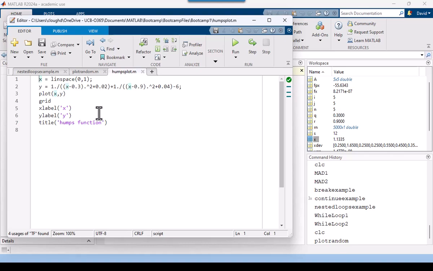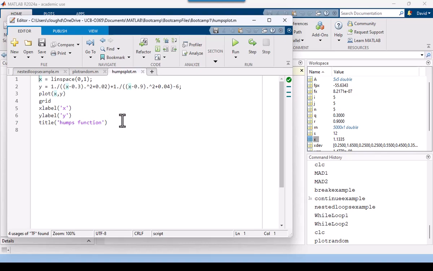So I want it to do operations item by item. Also, I do x minus 0.3 and I'm going to square it, but I want to square it item by item, so I have to use a period and a caret. So you'll notice that I use those operators twice to get an array y, and then I plot y versus